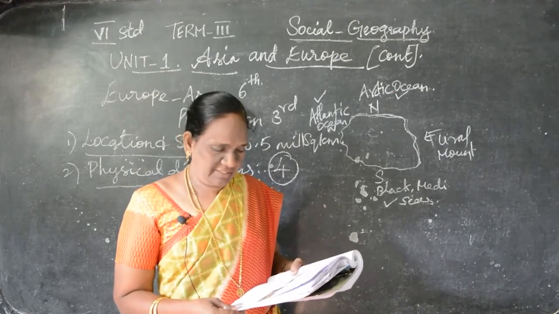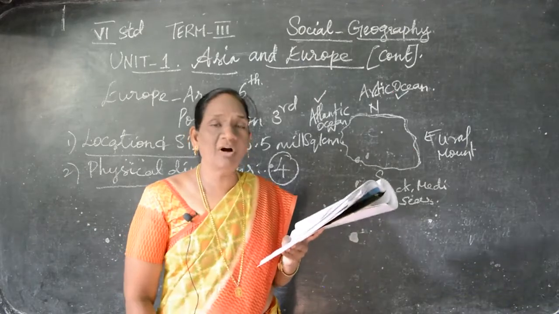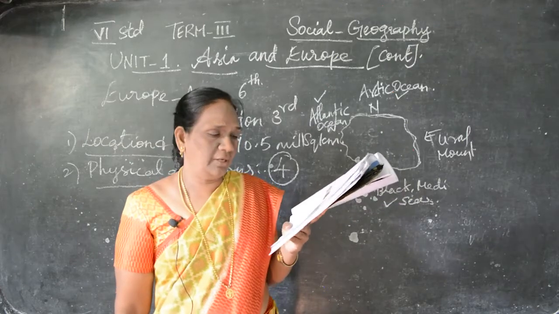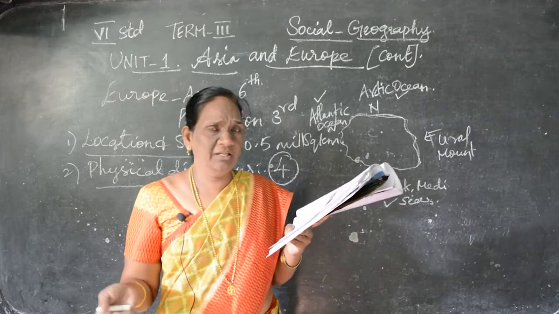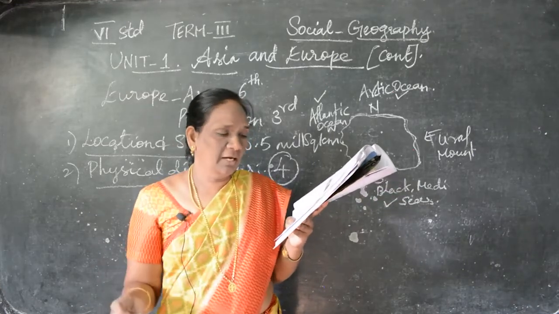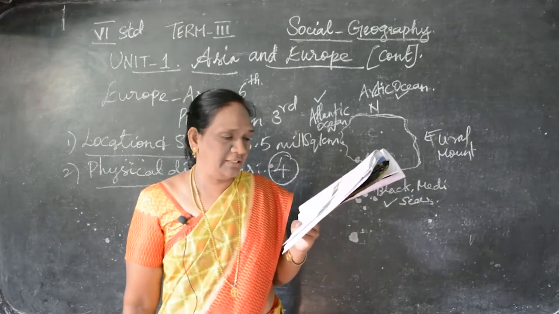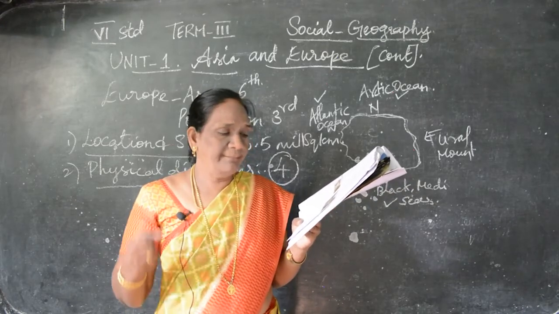Okay, then we'll see the second one, the Central Plateaus. These plateaus are found in the east-west direction across Central Europe. There are many rivers in this area, such as the Danube, the Volga, and the Tagus. They originate from this plateau only. And the important plateaus of the region are the Pennines.